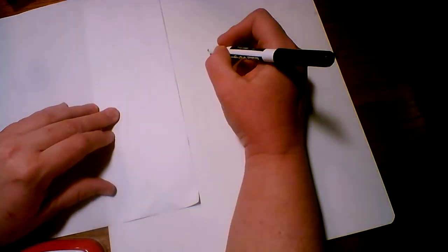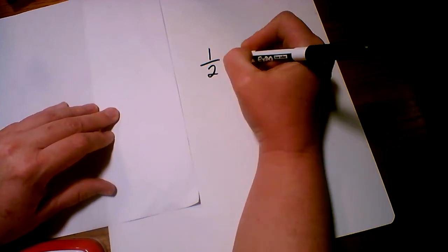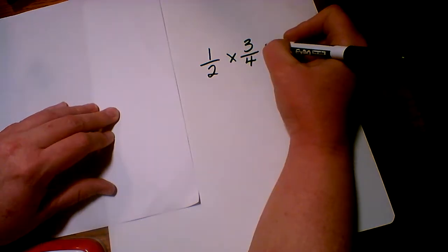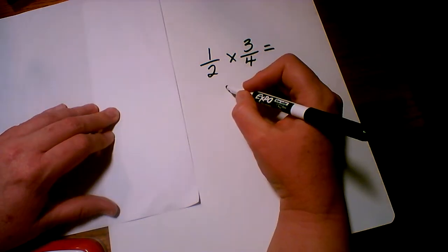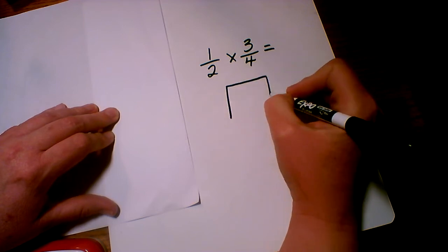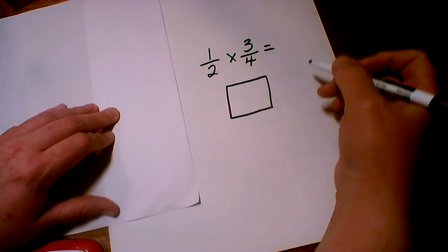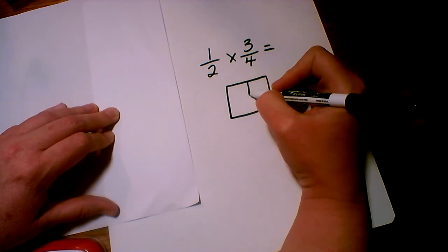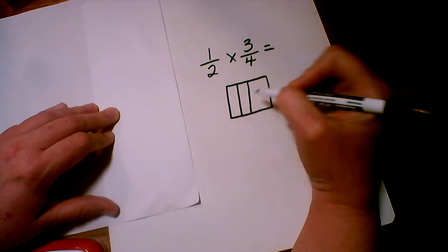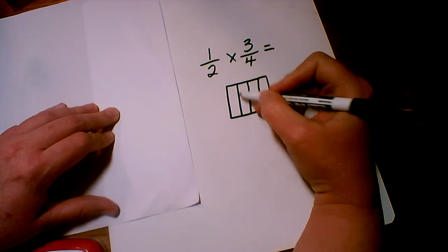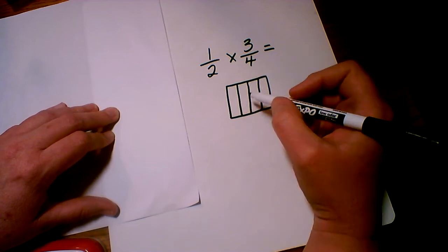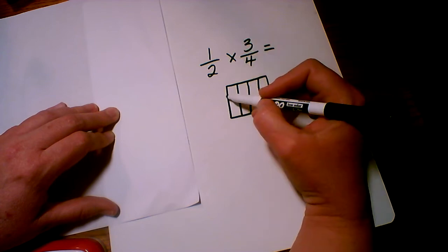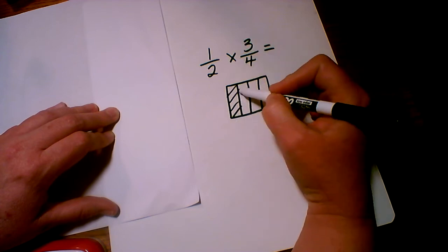Okay, let's say that our problem is 1/2 of 3/4. I'm going to first draw a square, and I'll start with the second fraction and divide this square into 4 pieces. And I do it this way, the long way. So I'm drawing vertical lines. And so I have 4 pieces. And how many of those pieces do we have? We have 3. So I'm going to cross hatch 3